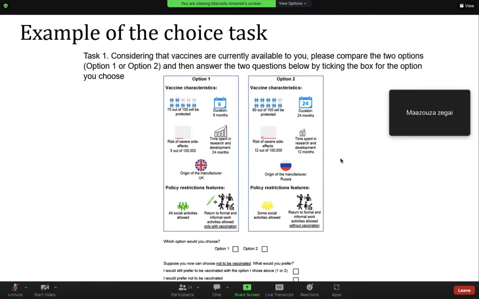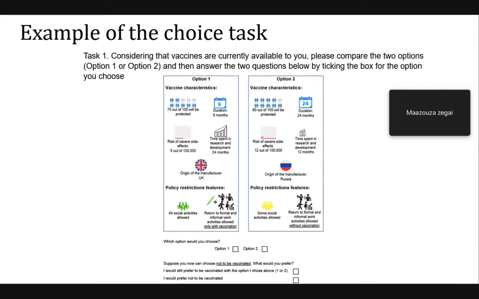Yes. No. Plus the time spent on research is 24 months, so I guess it's quite good. Plus in the UK, I know the regulations are very strict. So to market some products, you really need to be in line with regulations, so they don't play with the security of people. Yeah. Anyone else want to just try? No? Okay, no worries.